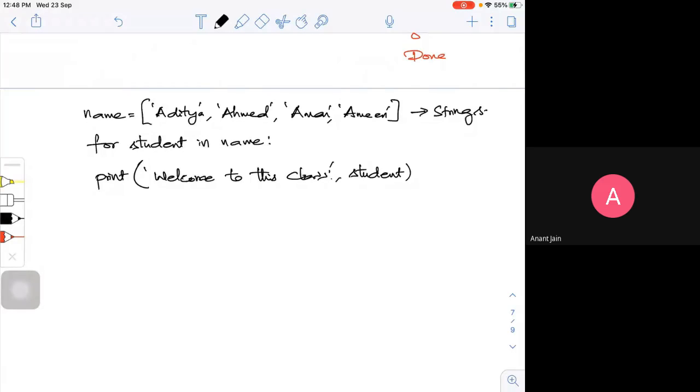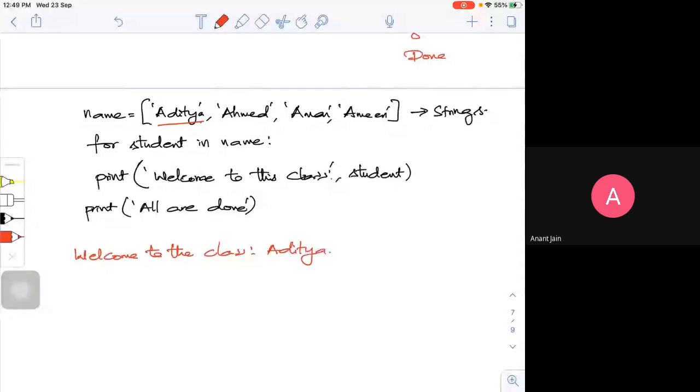So what I'm trying to do, I will print here. Once I'm done, I'll print that all are done. So what does this loop do actually? First it will check. For student, I need to print this. First it will take name. So Aditya comes. So what will your output be? It will tell, welcome to the class Aditya.